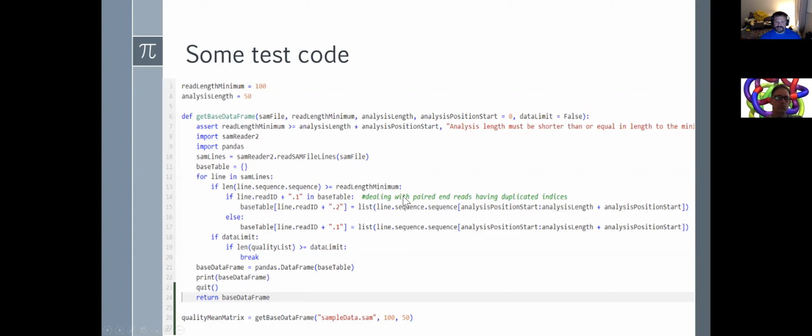And what am I taking a slice of? If I go out a level, I see that I'm taking a slice of line.sequence.sequence. So I'm just taking a slice of the DNA sequence. And in general, it's going to start at 0 and go out to 50, or index 49, the 50th value. So I'm iterating over, and under the read ID, either .1 or .2, I'm just putting in the first 50